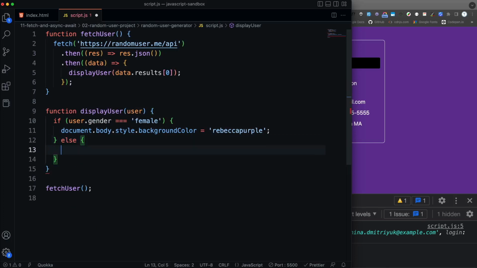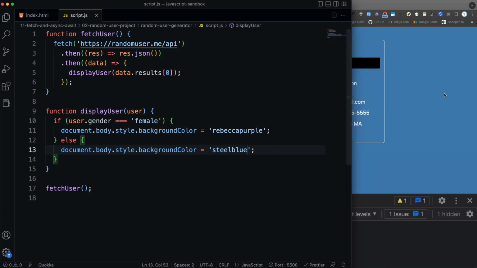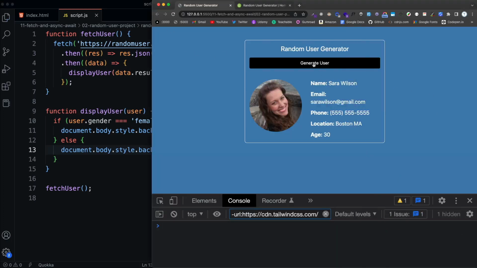So let's say else, and then we'll change it to, let's say, steelblue, which is like a light blue. So we'll save that, and now we get a blue. Now this isn't going to change because we haven't put anything on the page, but